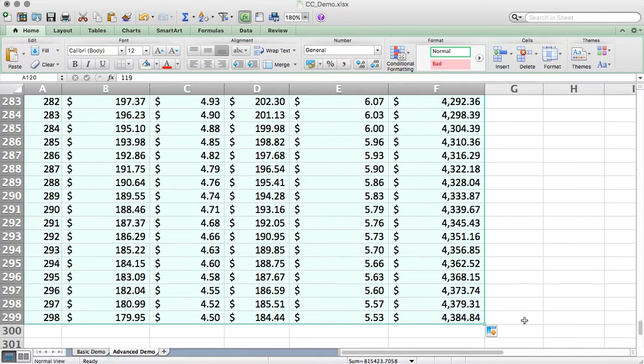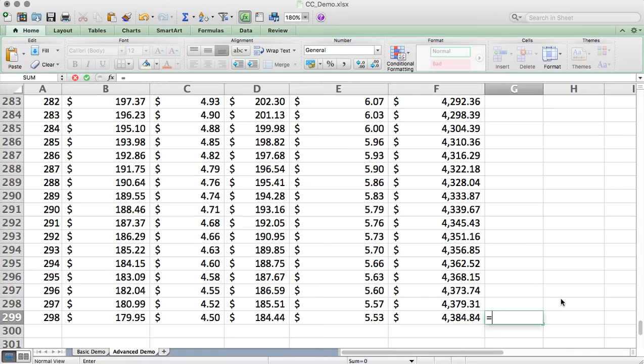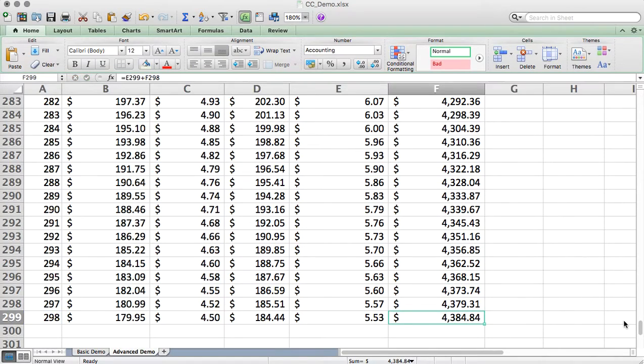Okay, so this is where it gets kind of scary. If we look, let's see, 298 months, that's almost 25 years. So after about 25 years, you would have paid $4,384 on your $1,000 balance, and you'd still have $180 left. Now your finance charge at this point is very low. It's only $4.50,